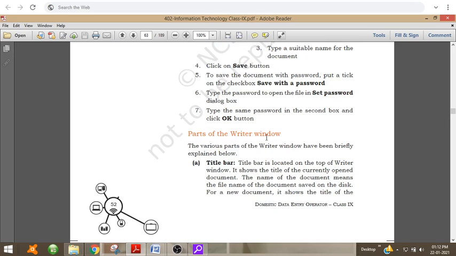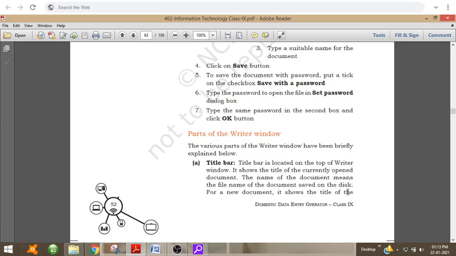The various parts of the writer window have been briefly explained below. First one is the title bar. The title bar is located on the top of the writer window. It shows the title of the currently opened document. The name of the document means the file name of the document saved on the disk.